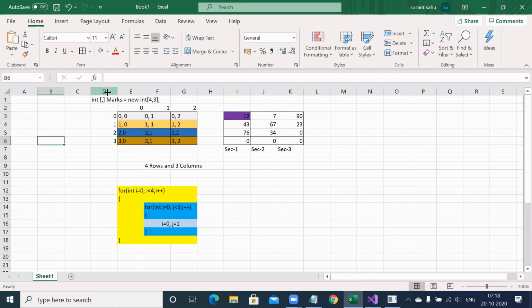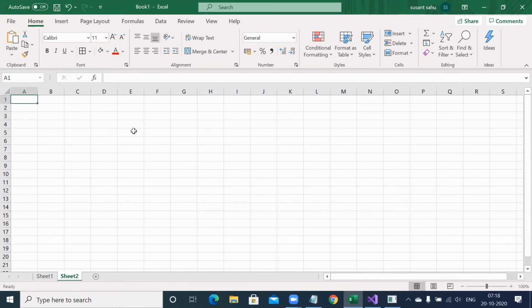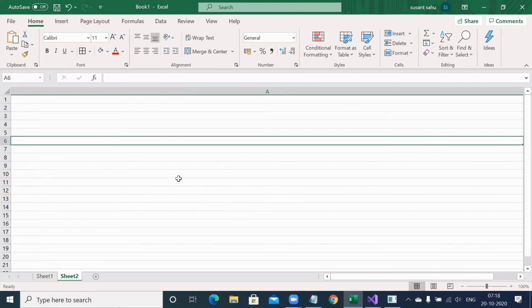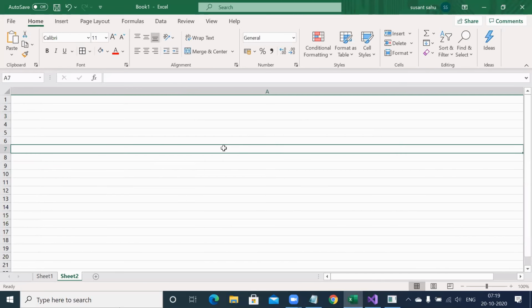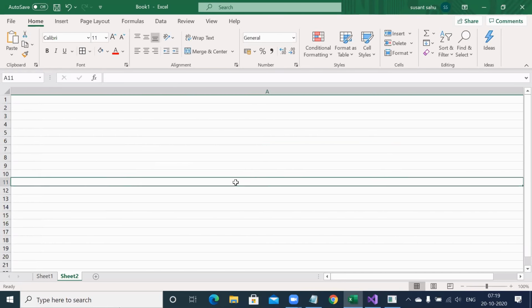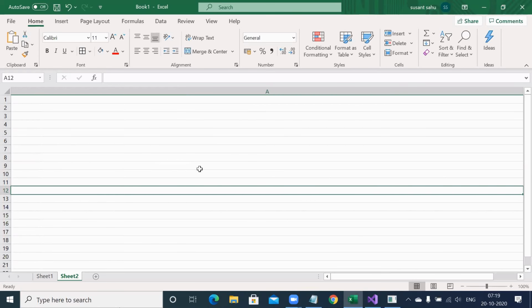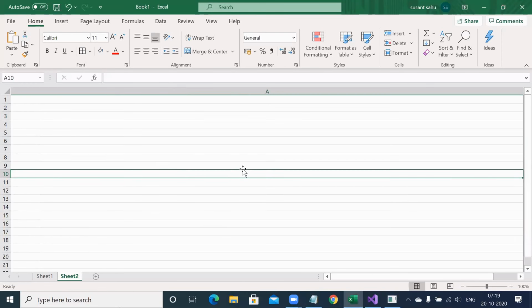Why are they giving A column, B column, C column, D column? Just think about an Excel sheet. Why wouldn't they be happy just giving one column? Imagine Microsoft might have given you one Excel sheet with this kind of facility. What kind of problem might you have faced? Just for a minute, think Microsoft gave the Excel, but only one column across the sheet. So where in future could you have faced the problem, you tell me?